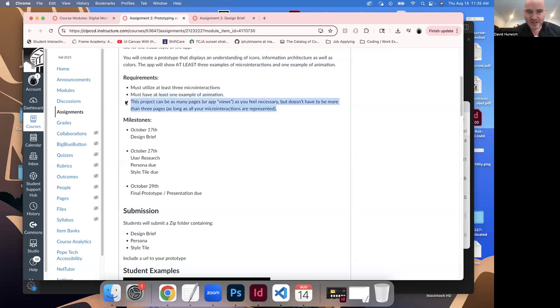The project can have as many quote unquote pages as you like, but you have to have at least 3 screens. What I mean by that is, let's say I had Instagram. When I load up the app, the first screen is where you see all the things. If I click and go to another area, that's screen 2. And if I click on something else and it takes me to a different area, that's screen 3. So you have to have at least 3 screens. You don't have to do out the entire app, but you have to have at least 3 screens prototyped, essentially.